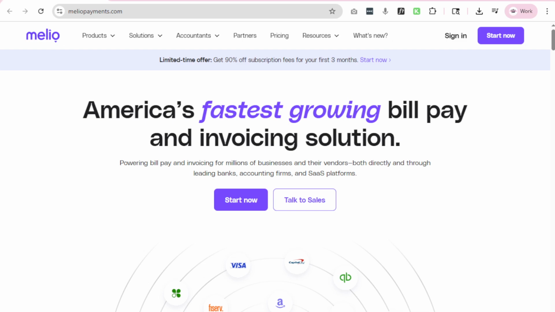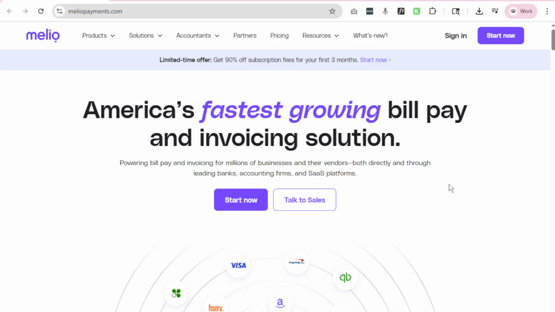Okay, so let's talk about another platform that I absolutely love. It is for sending and receiving payments, invoices, and things like that. As a creative person, I absolutely love how easy it is to upload your own PDF that you've designed. Maybe you've designed an invoice in Canva and you want to use that invoice. You want to send that PDF invoice to your client and give them a way to pay that invoice all